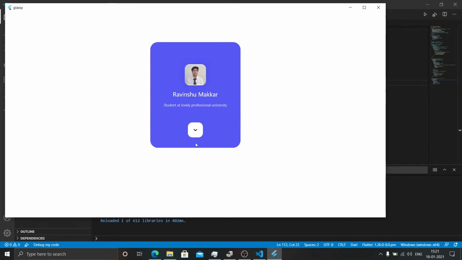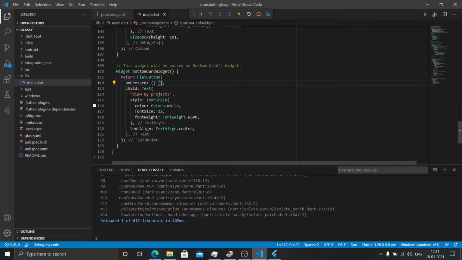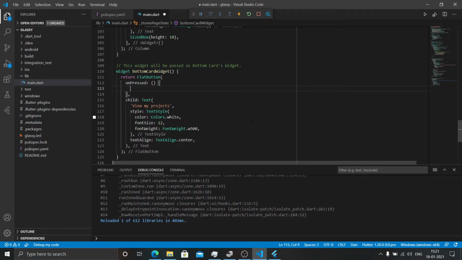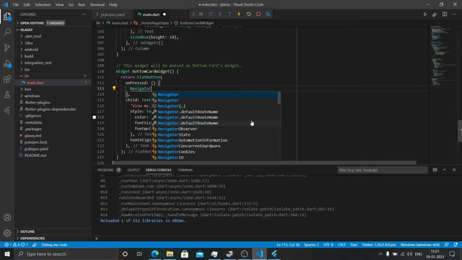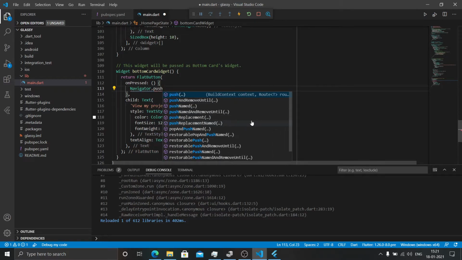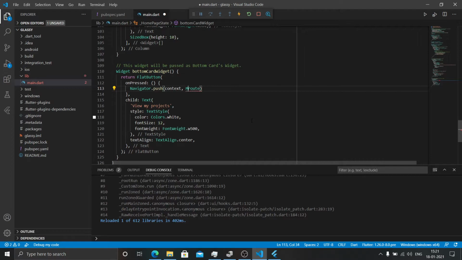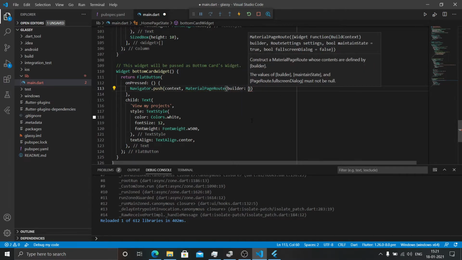Yeah, everything is fine, no error. So I will pass the onPressed to a Navigator.push command so that we can move to the next screen where I will show you all my projects, or wherever I am sending this portfolio, I can show all my projects there. This is a MaterialPageRoute.